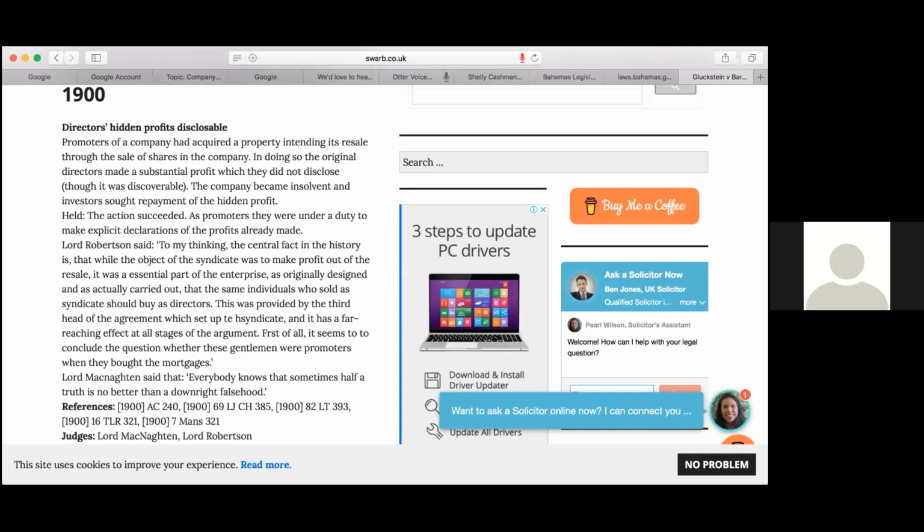Now, what happens if the company resold the property to a third party? This is an innocent third party. If it's innocent, then of course they take it for fair value and it's gone. The company can't recover the profit that the promoter made, because it already got sold to a third party. If a third party purchases it without notice, having no idea, then he gets it for fair value. The only thing the company can do is sue the promoter.